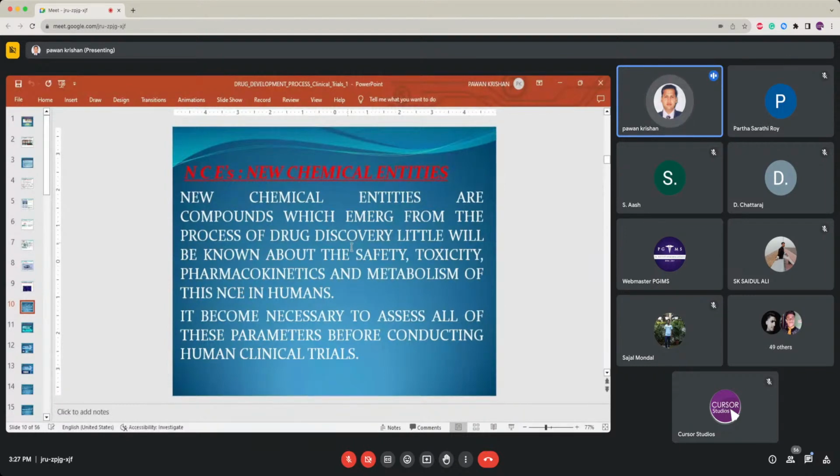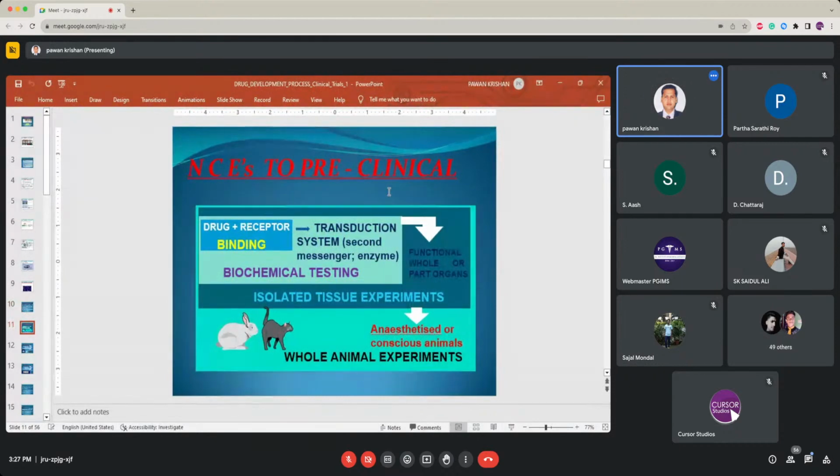It becomes necessary to assess all these parameters before conducting any human clinical trial, assessing the safety, toxicity, kinetics, and metabolism. So the preclinical toxicity studies include